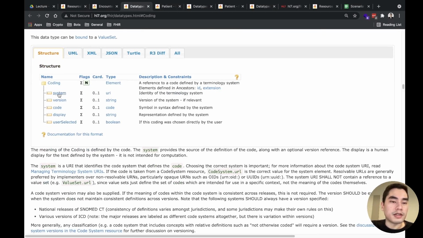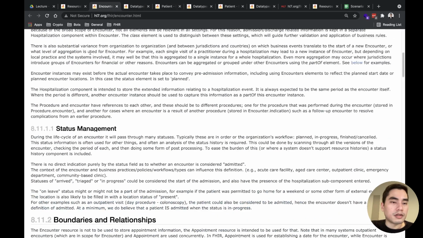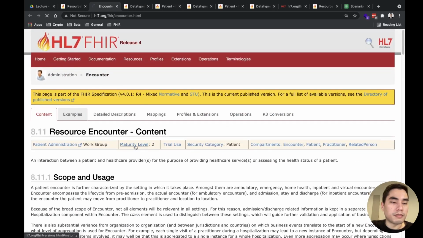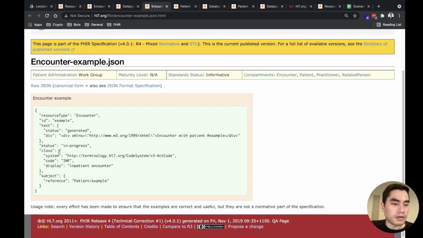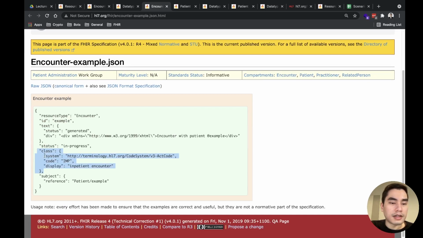What is important is the system and the code. If you see here in the example, encounter class is represented like this: a system of a code system, and the actual code. Display is for the text narrative of that code.